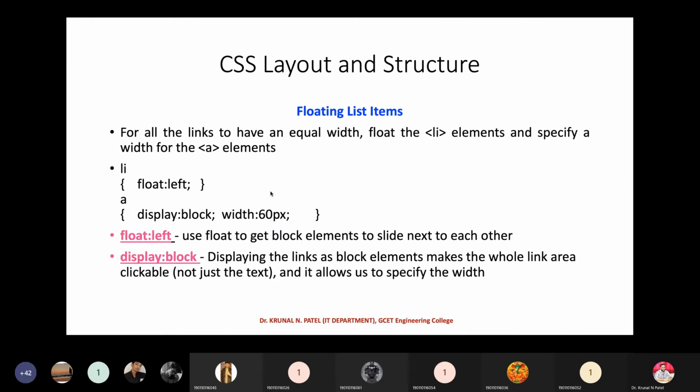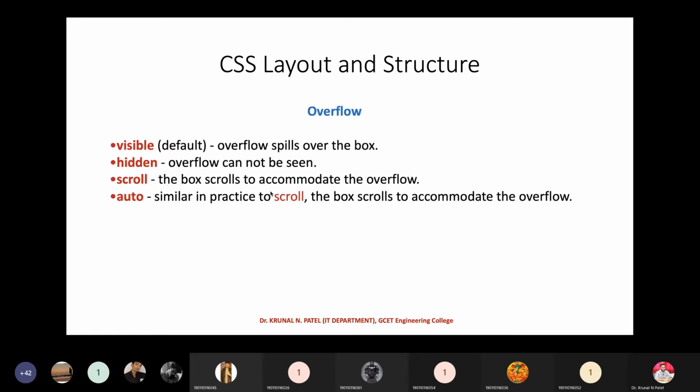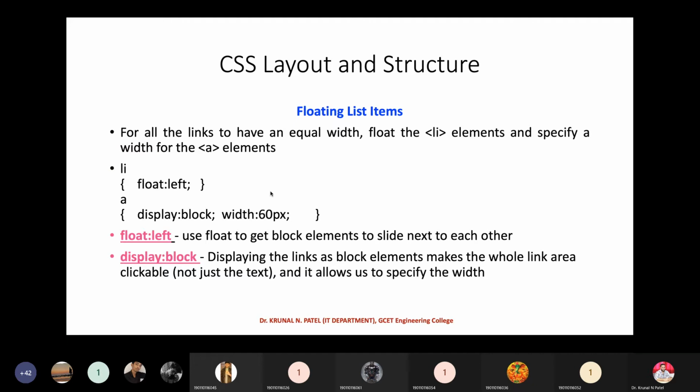Here we have a floating property. Whenever you are going for display equal to block, whether you want to float your content at the left side or at the right side, you can decide that over here with the use of the float property, right? So these are the important properties.